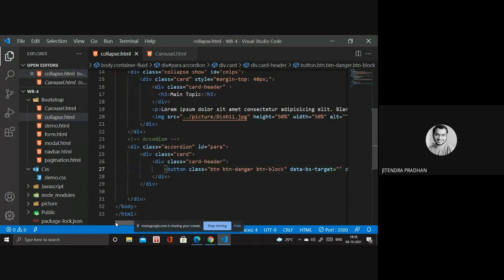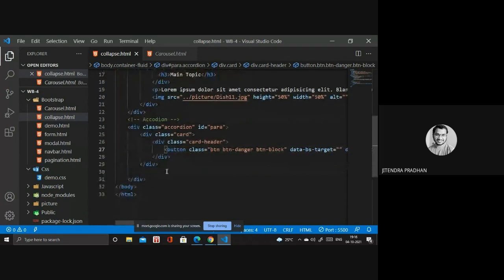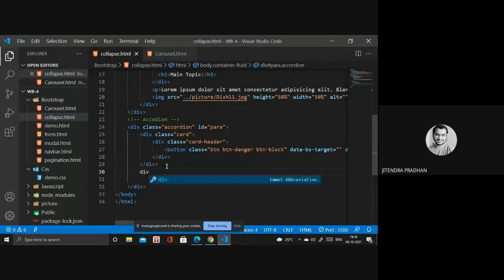So next we have to design the div part as a collapse. Div, sorry, inside the button we have to create, right? This one is a card, inside we have the card header.